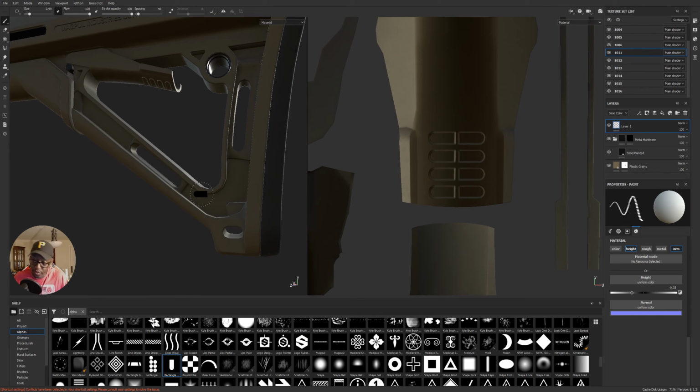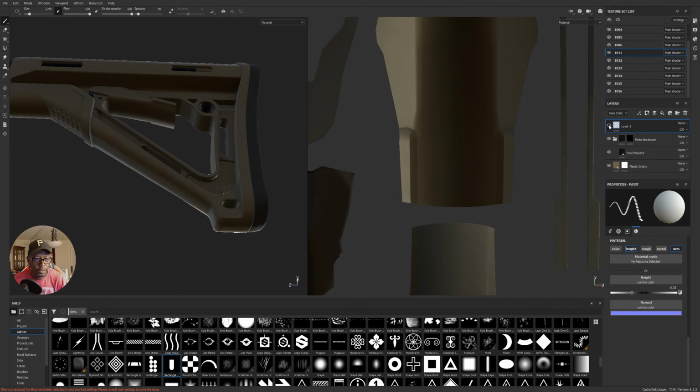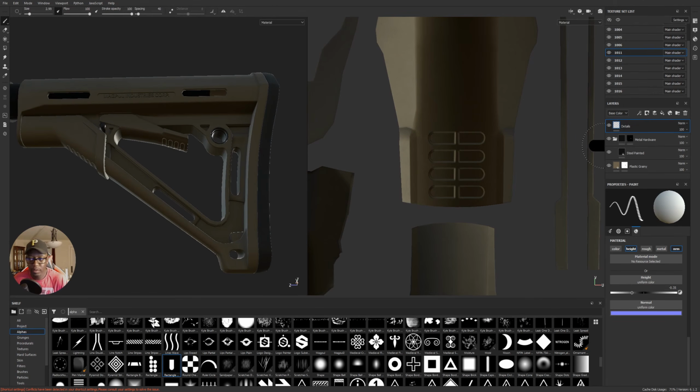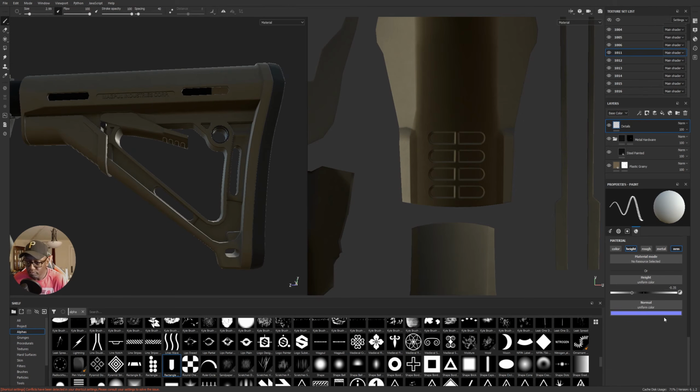All right, what else we want to do here? Okay, so let's see here. What are we calling this? I don't know. Ridges, whatever. I'll just call it details. Okay, so that is, because it's not just the ridges, it's this stuff up here too. So I'll just call it details. Next,